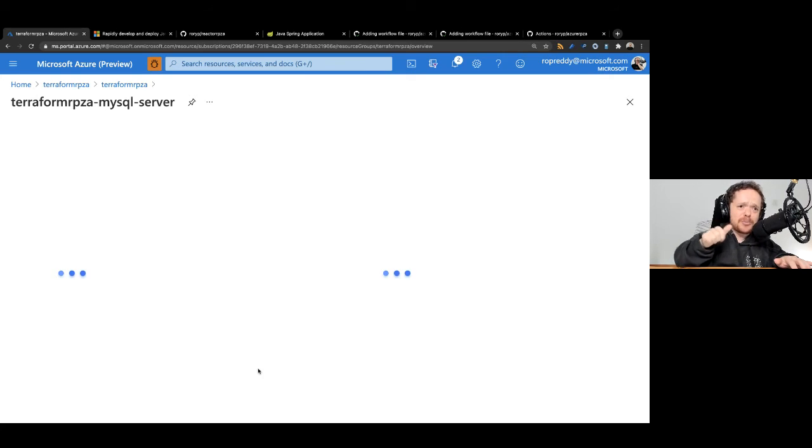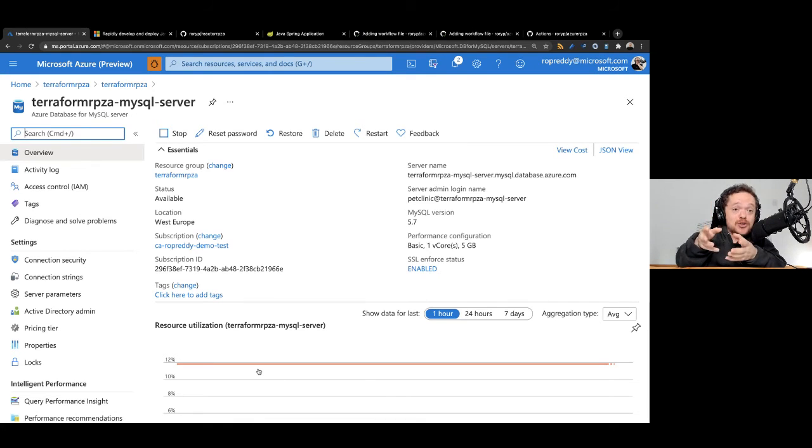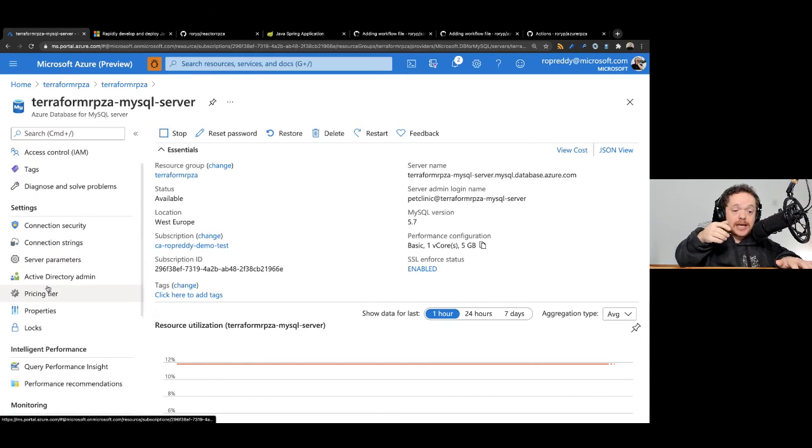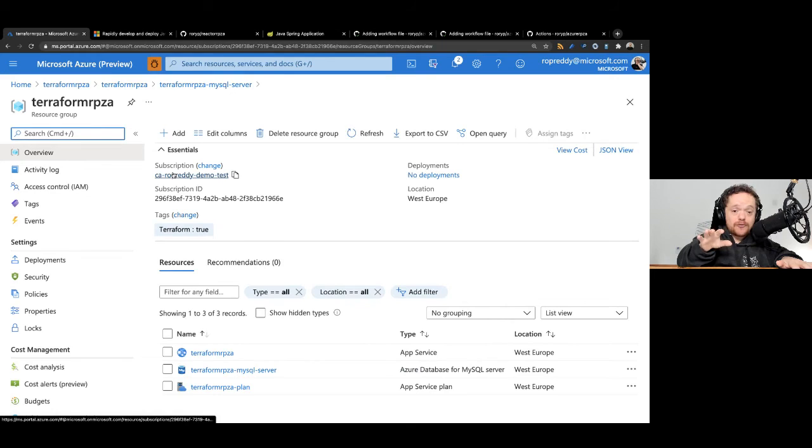So we have MySQL, but we also recently announced flexible MySQL. What that does is it bursts out according to whether you need or want to use that database. I'm using a non-flexible database here, so it's 1 vCore, 5 gigs of RAM. I can scale that out also here, and then I can go into that and also look at the performance. I can query it, and that's available on my Terraform module.